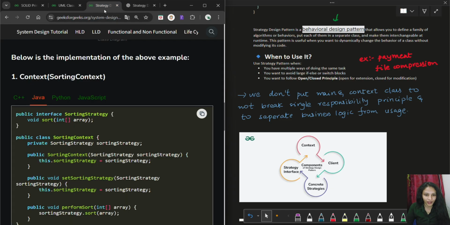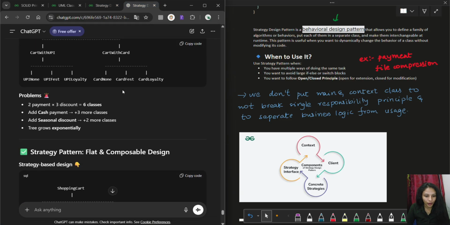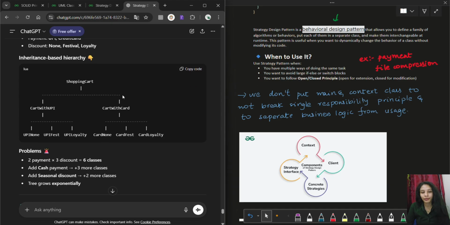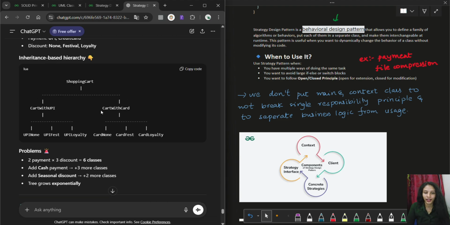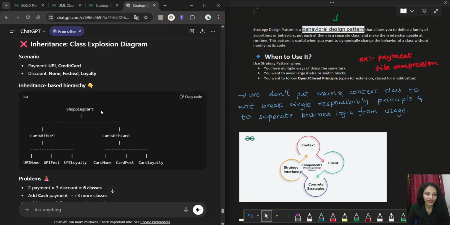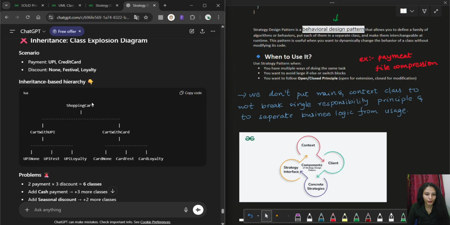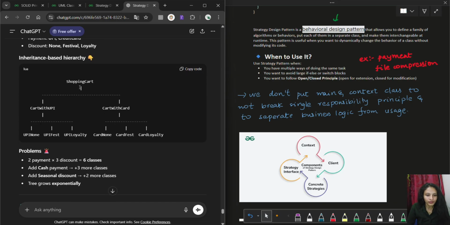So firstly, the strategy design pattern especially doesn't allow inheritance. It avoids inheritance. It says inheritance makes the classes tightly coupled, and that increases the hierarchy and the complexity, so you have to avoid it. An example for that: we have a shopping cart